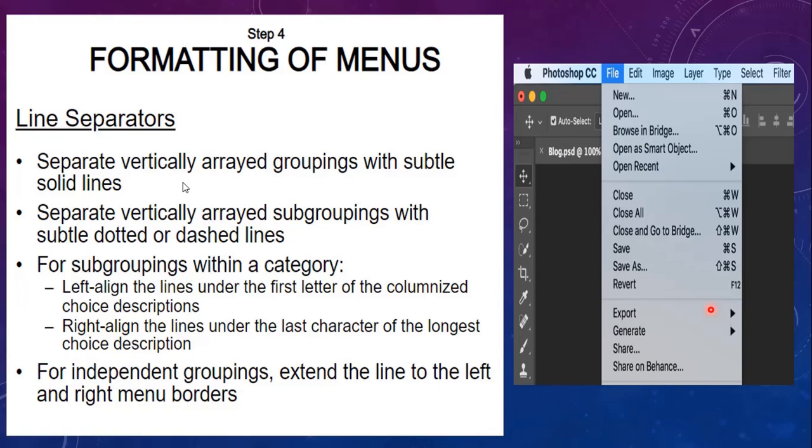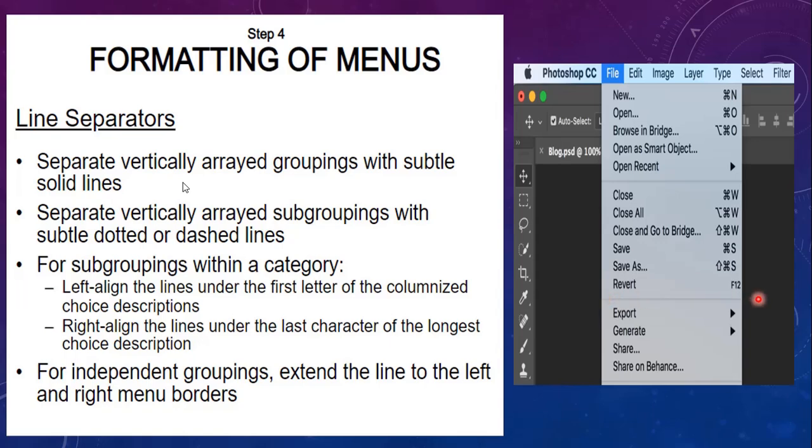Here you can take an example. Many graphical platforms always extend the line from one menu border to the other border. Menu border means, if you see here, for the File menu you have got a border here, and another boundary here. So always for separators, you have to consider a line from one border to the other border.